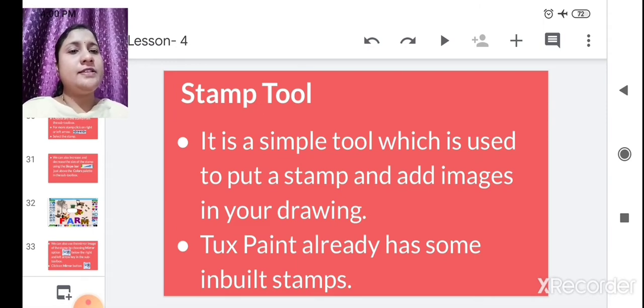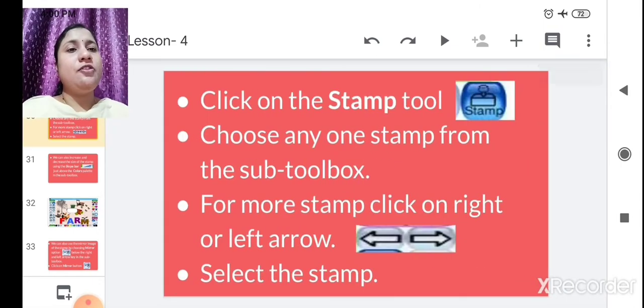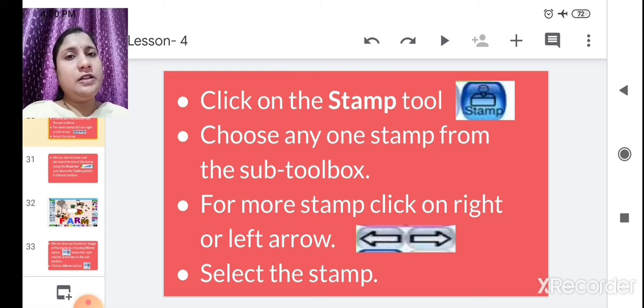TuxPaint already has some inbuilt stamps. Click on the stamp tool and choose any one stamp from the sub tools. By clicking on the stamp tool, on the right hand side the stamp sub tool box will open, and you can choose any stamp from it.